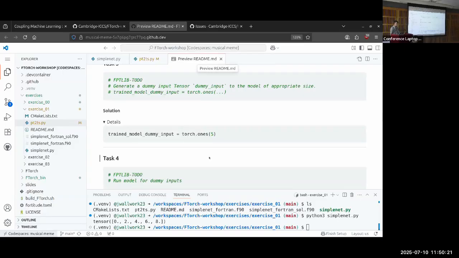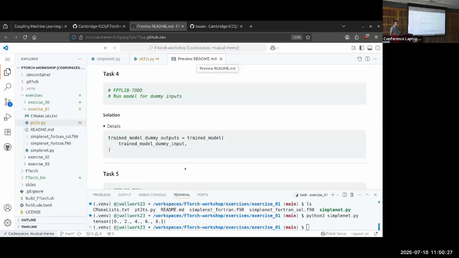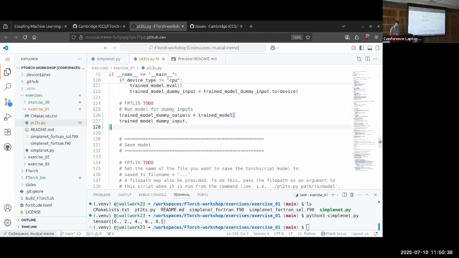So, oops, that one's the one we've already seen. And then here we see that the output is just equal to the train model times the input. I'm just going to try and copy and paste this. Might be slightly quicker. There we go. The formatting is